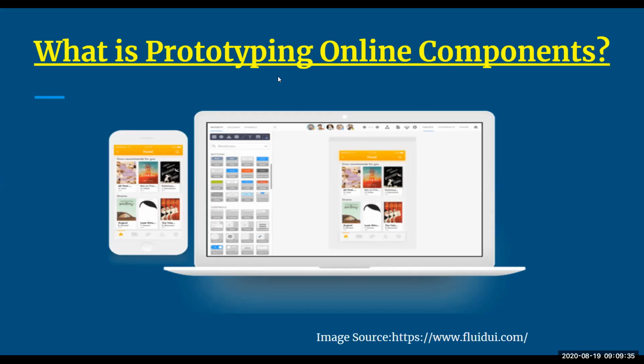Another element which has been really helpful in the prototyping process is your sensors and actuators, which take information from your environment and give back information, and this really helps you to make your model more interactive. Next, we have the internet, which has added a dimension to your communication. You have your networks, which allow the devices to interact with each other, inform them about events, and gather information in real time. So the internet is also one of the most important online components, which has made things very easy.